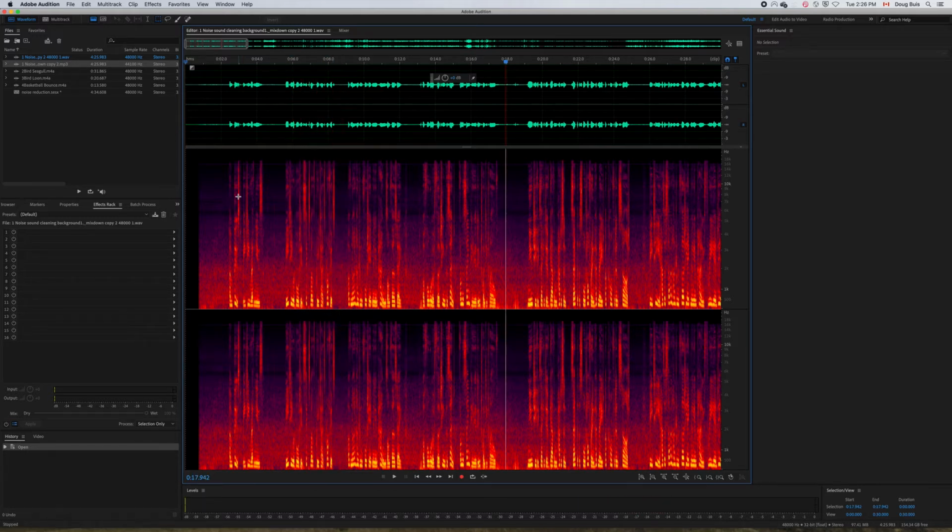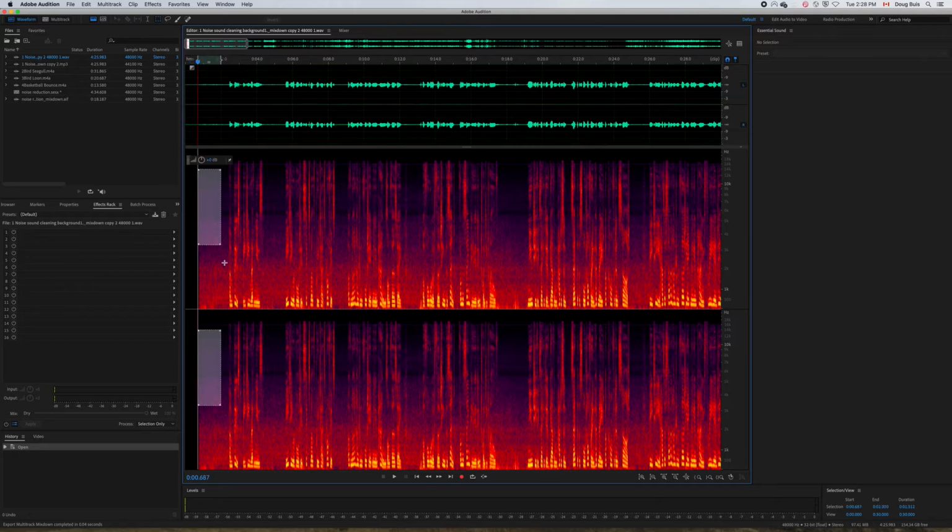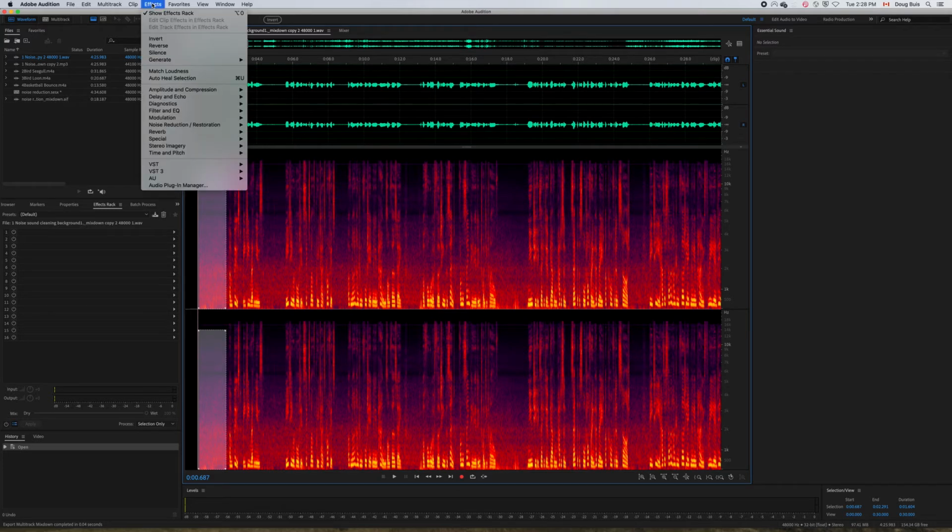There we go. That's what we're going to be taking the background sound out of. So what you need to do is right at this beginning part, you can see that there's no voice. There's just this background sound. So what you need to do is to highlight that section as a sample of the type of noise that you want to reduce. And then you go up to Effects,